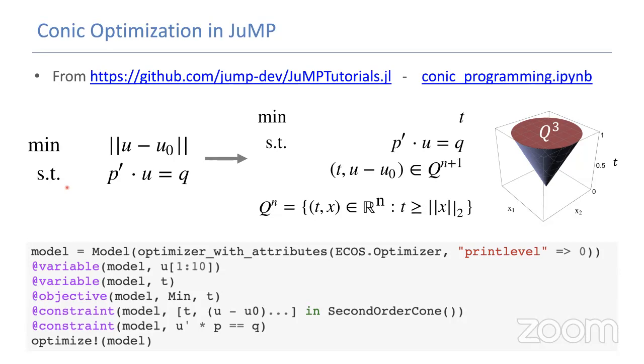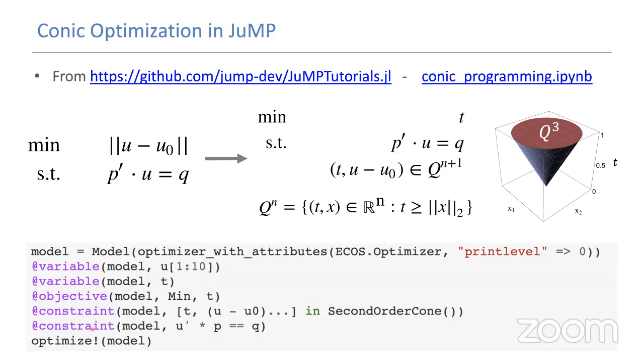And you'll find the first example is a very simple optimization problem that's trying to find, basically, project a point onto a hyperplane. And this is how you would write it in math, but it tells you that if you want to write it in JuMP, you actually need to do a little bit more work. Basically, instead of just working directly with the norm, you need to work with the cone, or the epigraph of the norm function, which is the Lorentz cone, or the ice cream cone that you have right here.